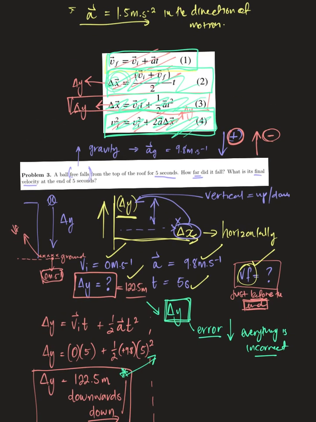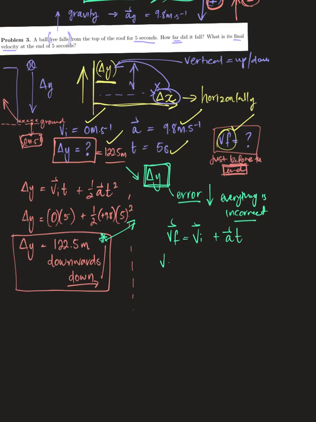I've got VF is equal to VI plus AT. All right, so let's put that information. So I've got VF is equal to VI, which I know is 0, plus acceleration, which is positive 9.8, multiplied by time, which was 5 seconds. And 9.8 times 5 is going to give me my V final is equal to 49 meters per second, because it's velocity,